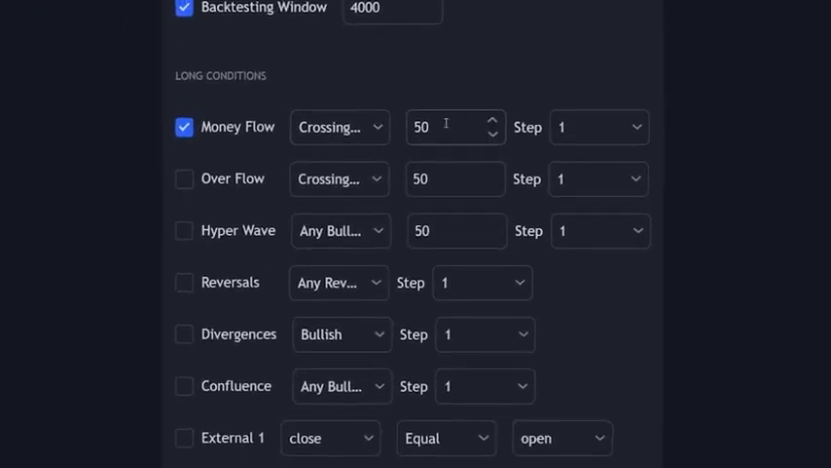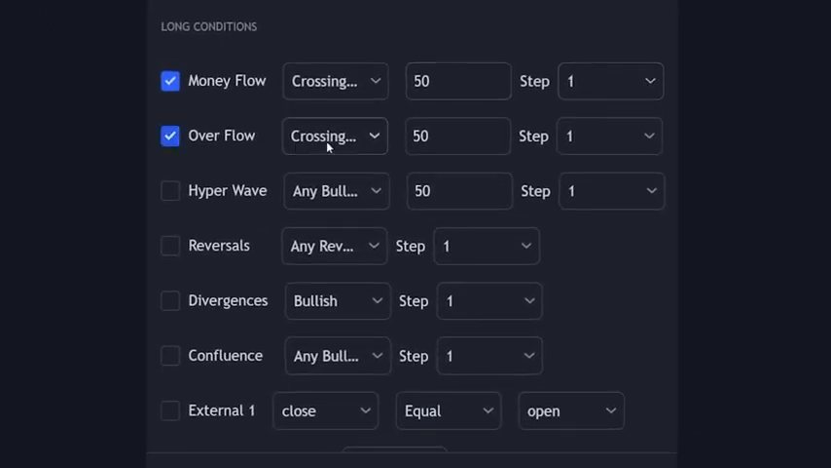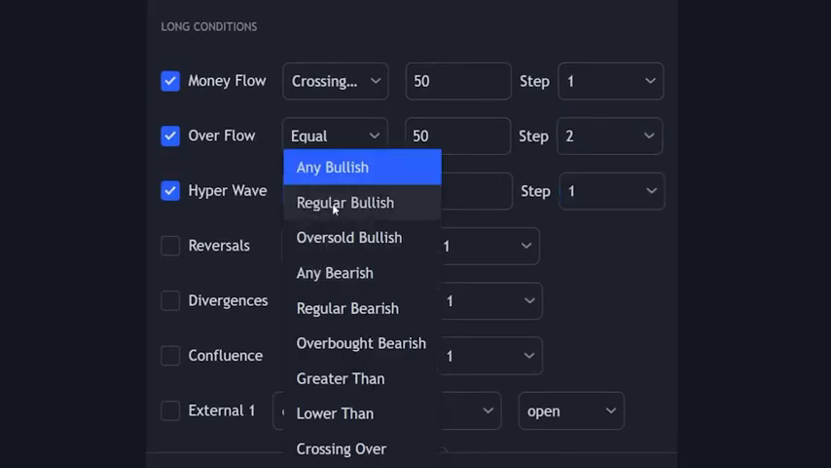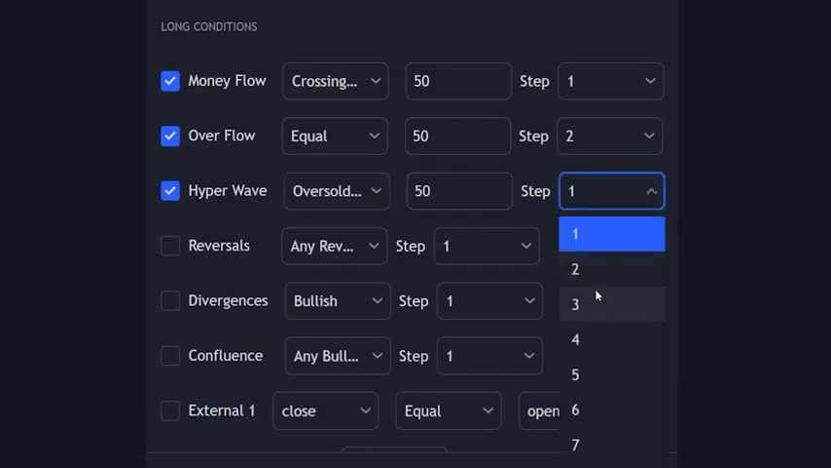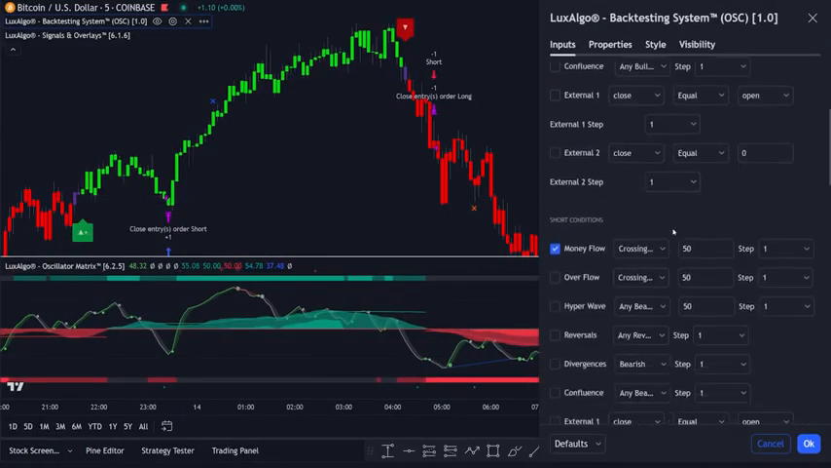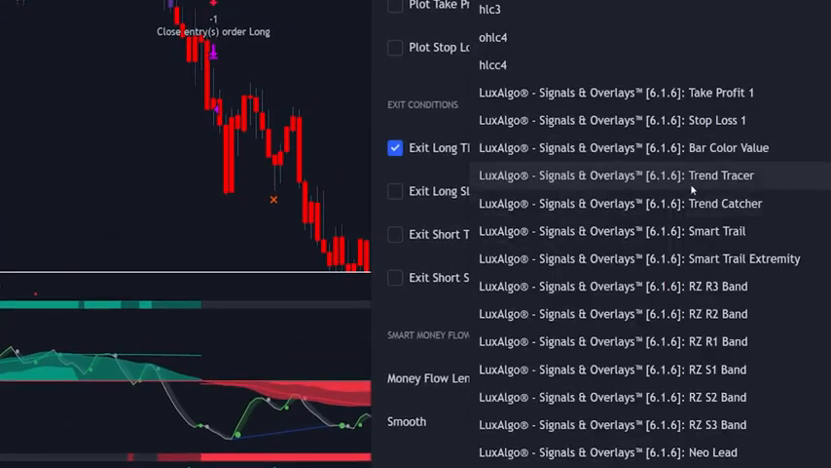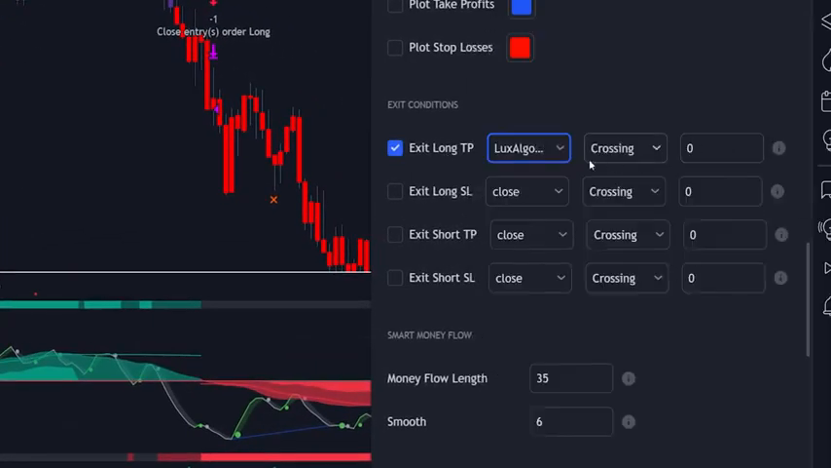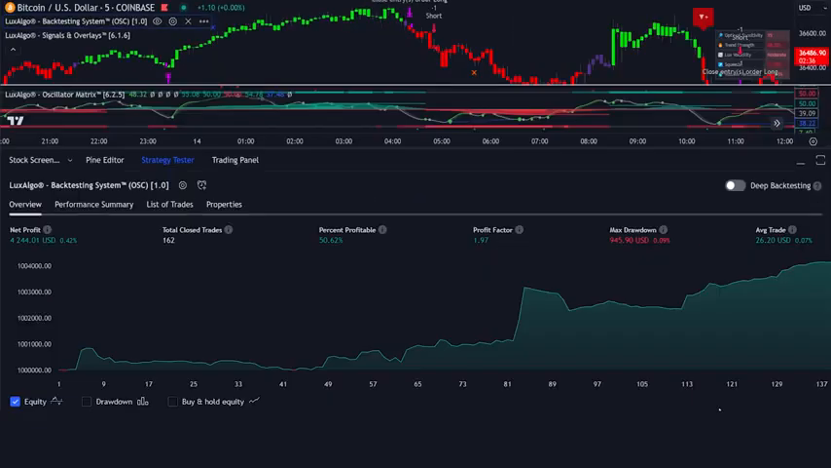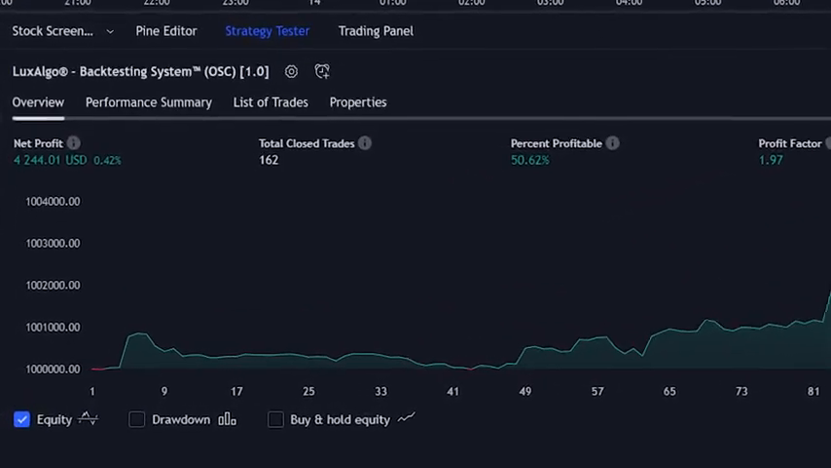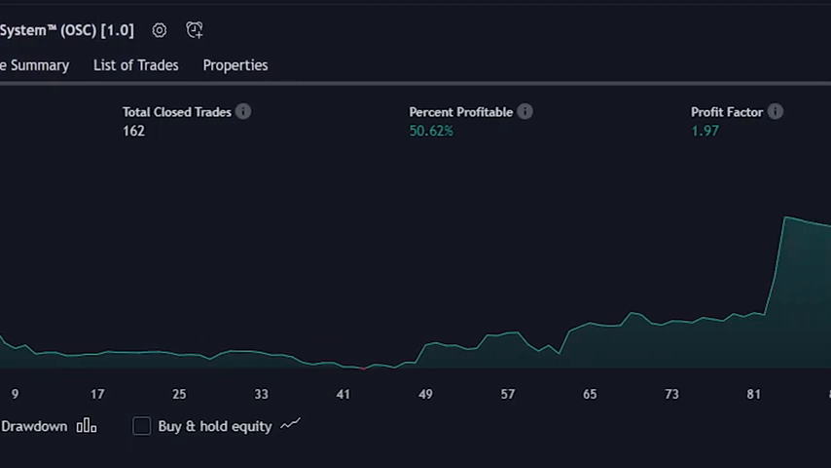And this script shares the same entry creation engine as the price action concept strategy script, with the ability to attribute steps to specific conditions, giving you a wide variety of possible entries. And just like our signals and overlays strategy script, you can set exit conditions based on external sources from different indicators, including our other premium tools, and all alongside different conditions when it comes to exiting on a profit or